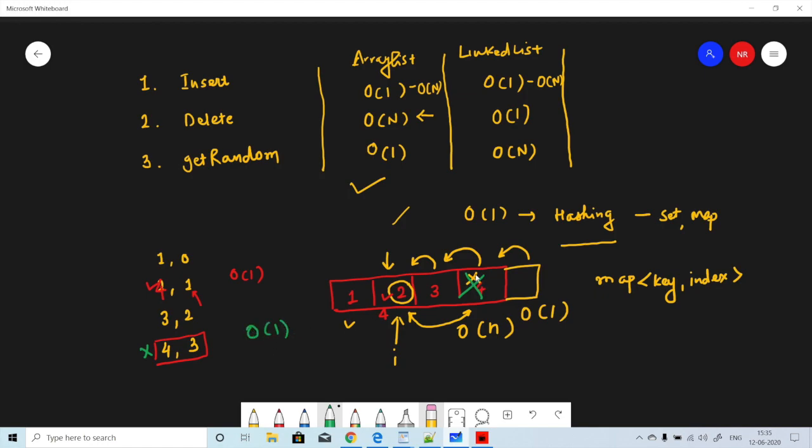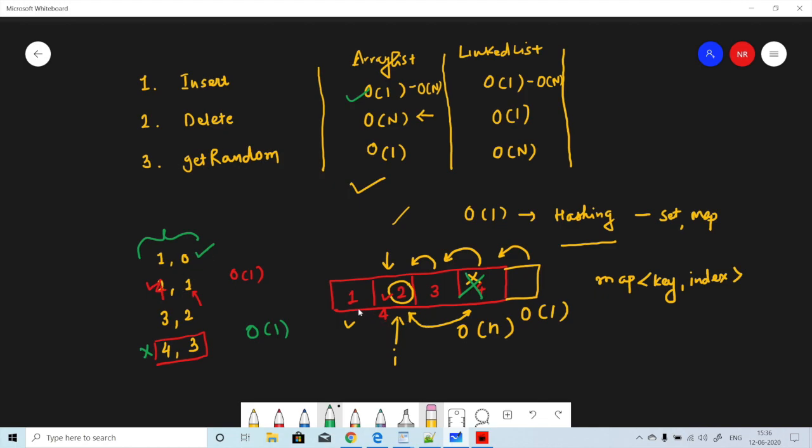So what we are doing here is just swapping the number we want to delete with the last number of the array list, and then deleting the last number from the array list and the hash map. Our map here is doing 2 jobs. One is the lookup for your insert: if it is present in the hash map, that element is already present in our data structure, so we do not want to insert, and in that case we return false. In the delete case, it tells us where that number is present in the array list. That way both operations are going to be O(1) using a hash map.